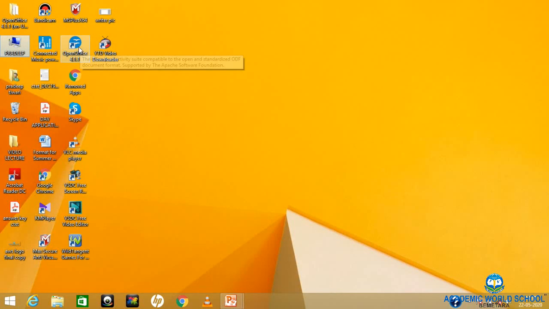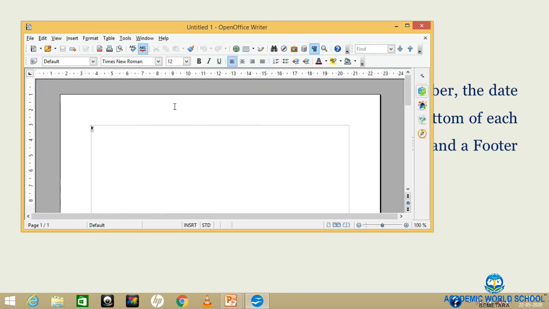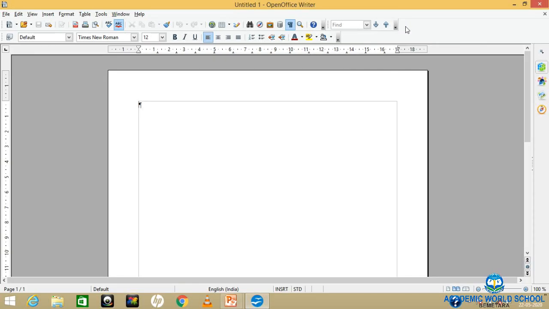Double click on the icon and you will see the window of Open Office appear in front of you. In this you have to select Text Document. Now this is the window of Open Office Writer.